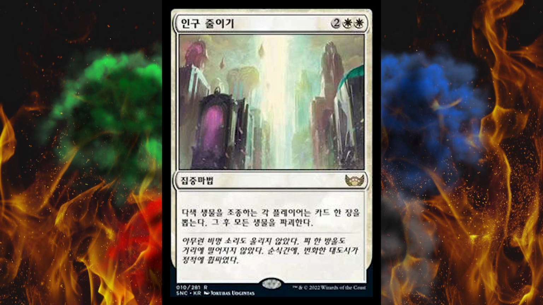Next up, Depopulate. Oh, if this ain't a board wipe. Okay, double white, 4-cost sorcery rare. Come on. When you just know, okay, I don't speak Korean, but I just know things are about to be blown up. Oh yes, each player that controls a multicolored creature draws a card, then destroy all creatures. Nice. I've got to say, this isn't a story spotlight card, and the last time we had, what was it,